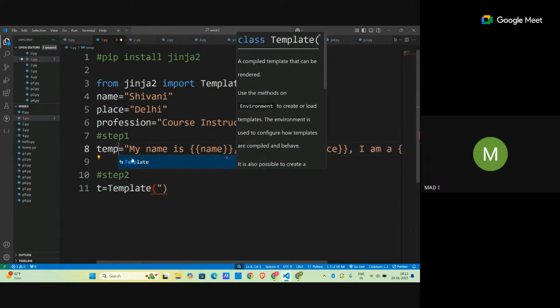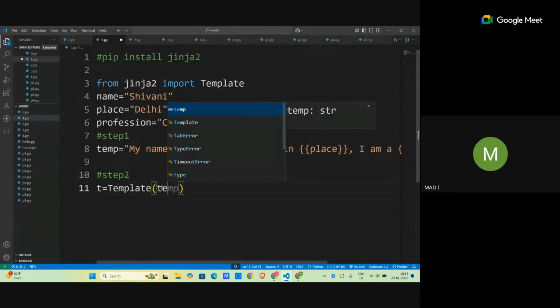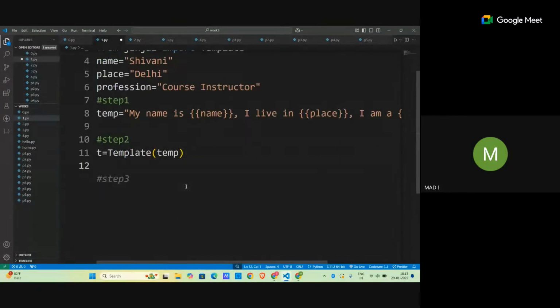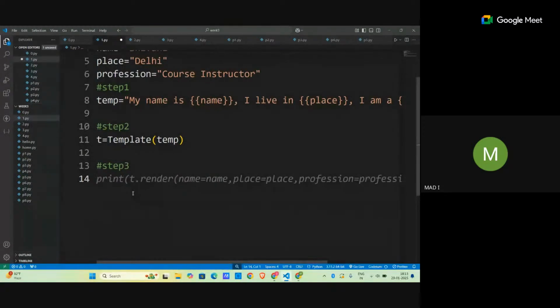Step number 1 is we create some sort of text, then we convert it into a template. After that, in step number 3 we render it with data. So here I will have to write output equals